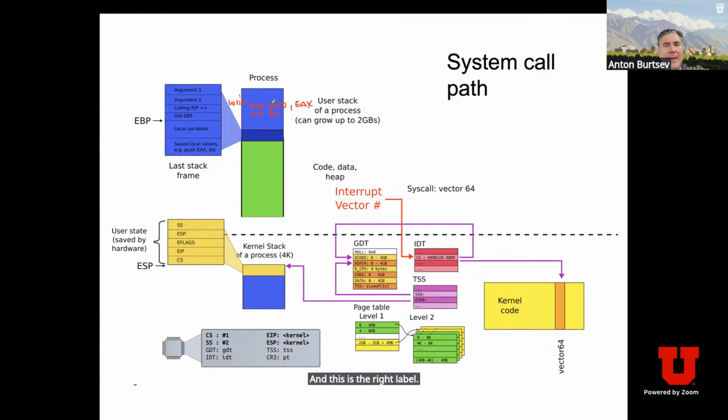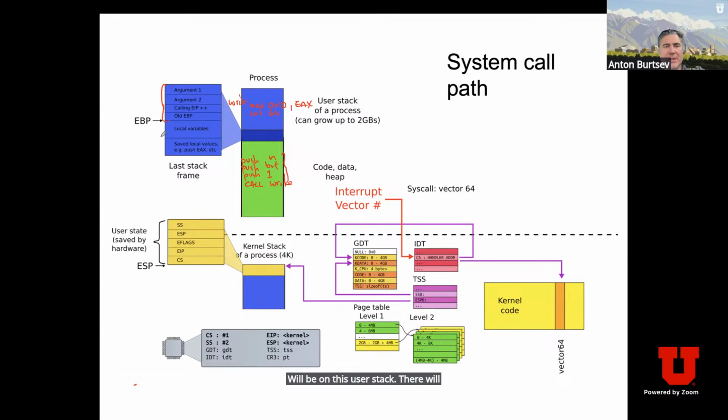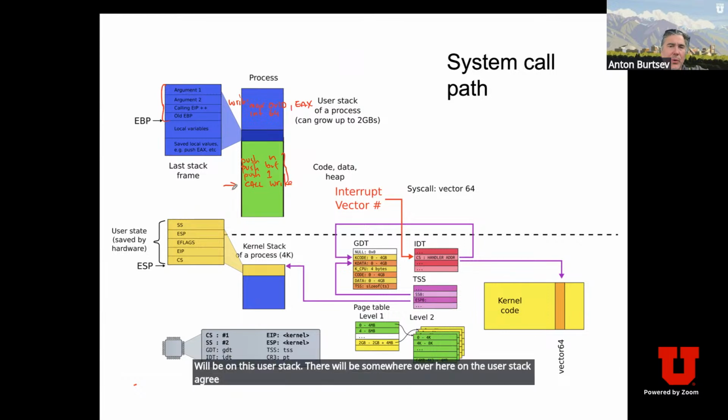Before even doing that, when you were at the call site, before you did call write, you pushed these arguments. You pushed 1, you pushed the address of the buffer, and you pushed the size n, right? And these three will be on this user stack, somewhere over here. Agree? Because you did the call instruction,